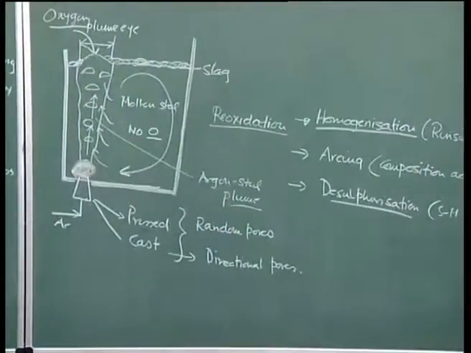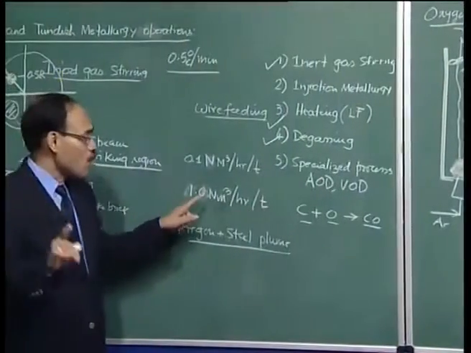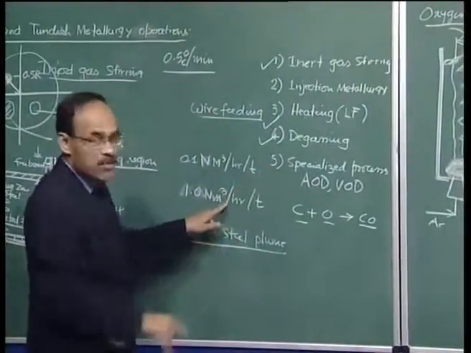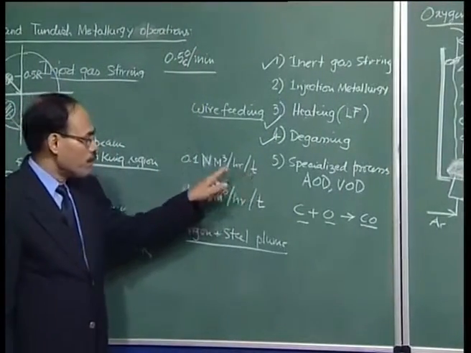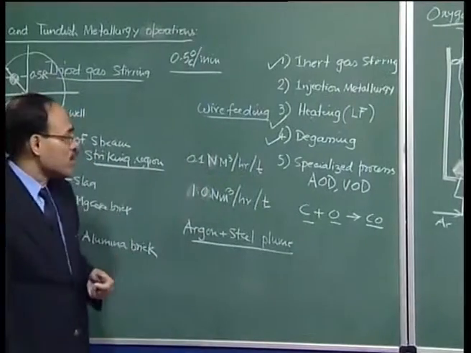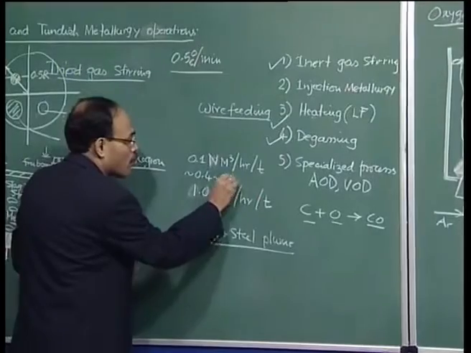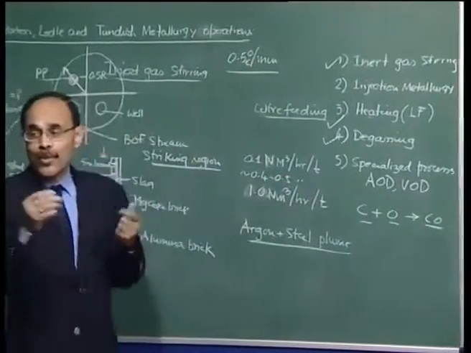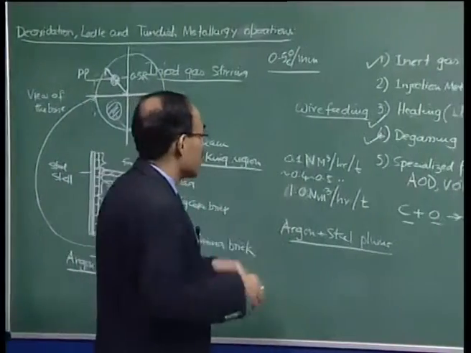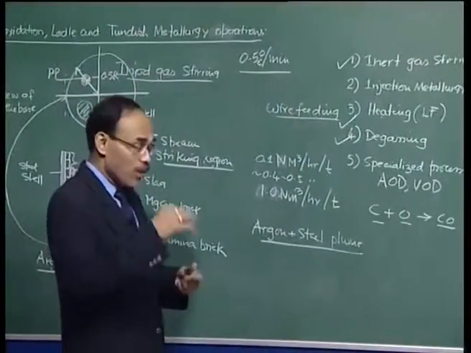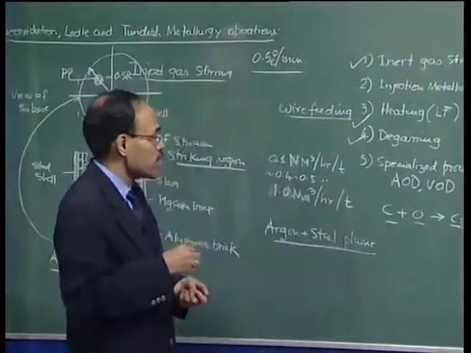The flow rate that I have quoted, 1 normal meter cube per hour per ton, corresponds to the desulfurization process in the ladle. On the other hand, 0.1 normal meter cube per hour per ton corresponds to the rinsing operation, and around 0.4 to 0.5 normal meter cube per hour per ton would correspond to alloy dissolution, or making the chemistry right during ladle arcing, such that material and heat are distributed evenly in the system.